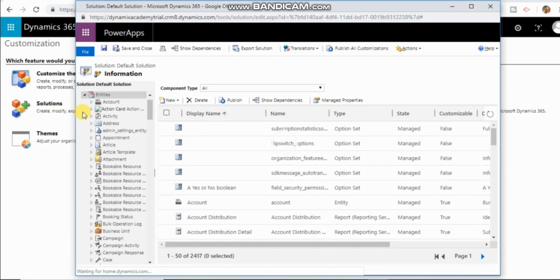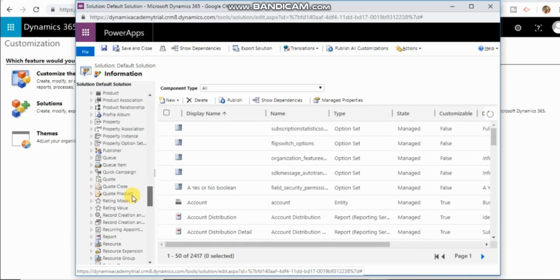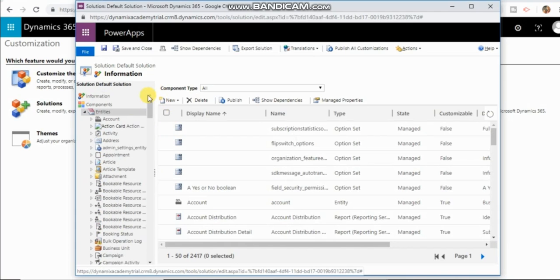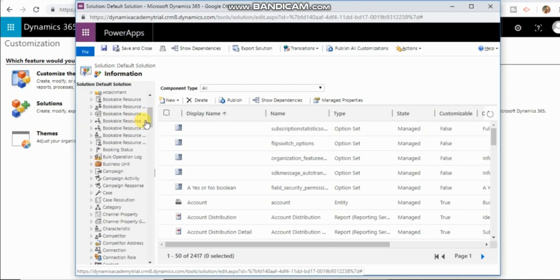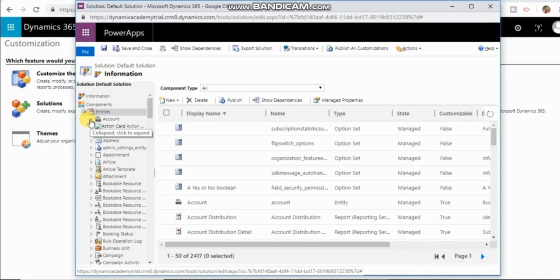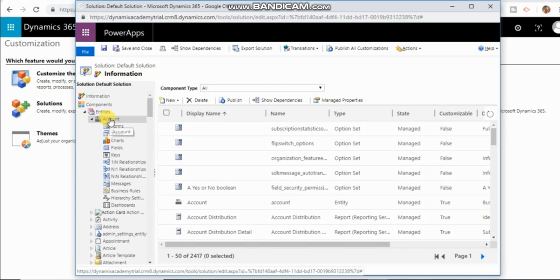One of the components is Entities, and here you can see all the entities found in your Dynamics 365. If you create a new custom entity also, that will be referred to in this default solution. Here we are interested in the account entity. You click on the account entity, then it will give you the business entity information.